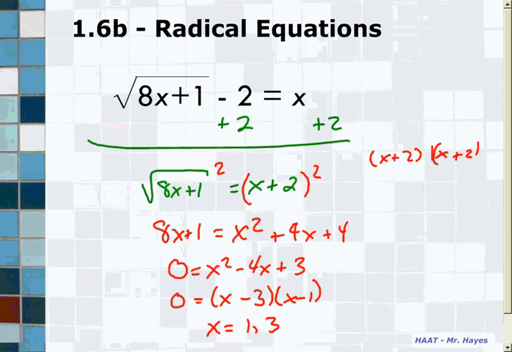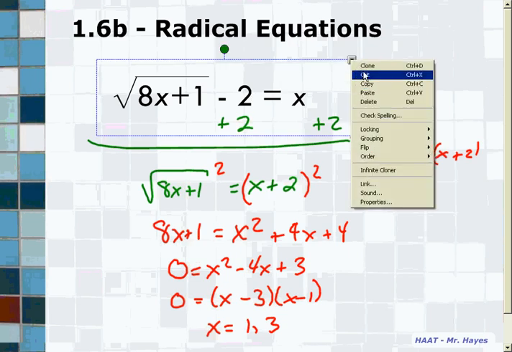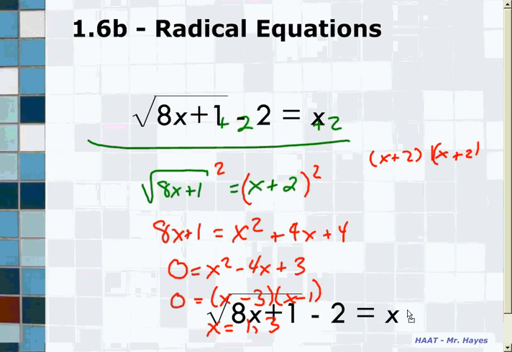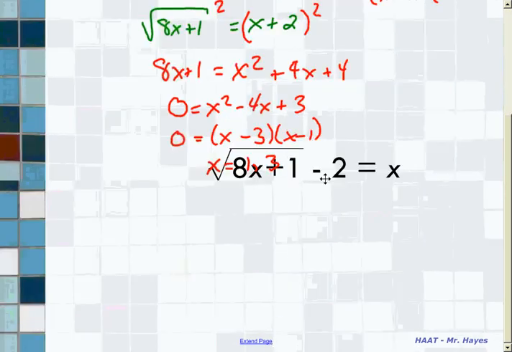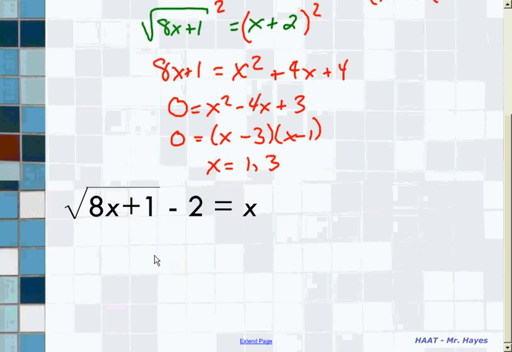Let me do it this way. I'm going to clone this and bring this down here. So what we're going to do next is check 1 and 3 in this equation. Initially we've got the square root of, for x equals 1,